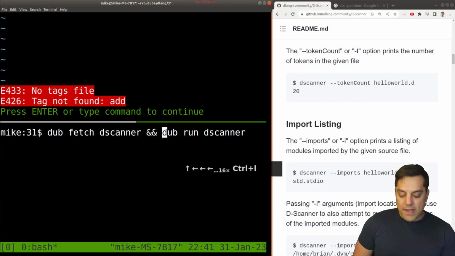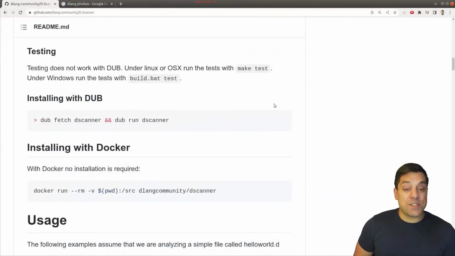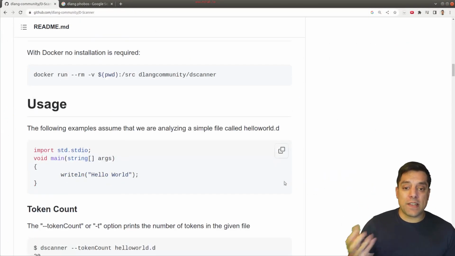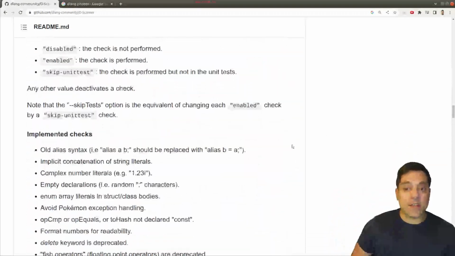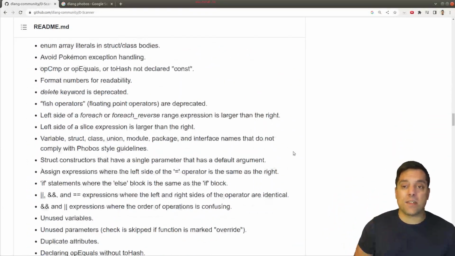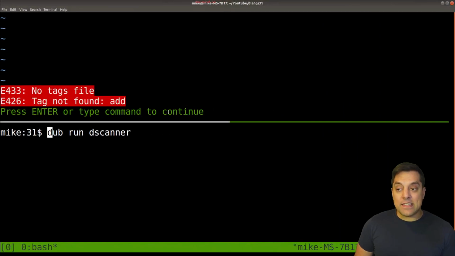So what I'm going to go ahead and do now is just hold on to dub run dscanner. And before I close out this page, you should just keep in mind that there's a lot of other cool things that you can do with this dscanner tool, like looking at the syntax, style checkers, and so on. And if you're interested, I'll do a video on this later. I think it's a really cool tool. But with that said, let's go ahead and first figure out how to use dscanner here to create a ctags